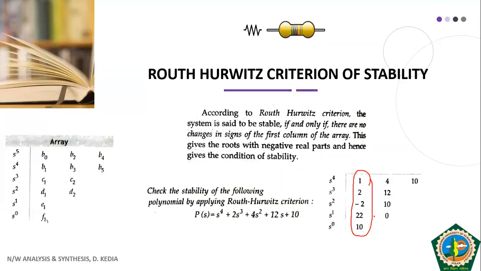And now we have to see, is there any sign change? Yes, there is a sign change. So positive, positive, then negative, positive. A sign change has taken place here. It means that the network which is represented by this network function is not stable. It is unstable. This is how we determine the stability of a network function, or the network represented by the network function, with the help of the Routh-Hurwitz criteria. I hope each and every student has understood this application of the Routh-Hurwitz criteria for the purpose of stability.